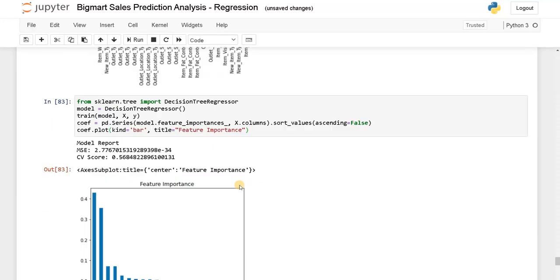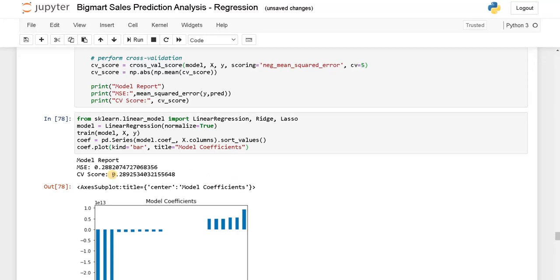So out of the 6 models we have trained, linear regression has the top performance with a cross validation score of 0.28. So here we used a basic model to train. You can also use hyperparameter tuning and grid search in order to fine tune the model more efficiently. Apart from these models, we have so many regression models out there. You can try this out as further work. The model names are CatBoost Regressor, XGBoost, LightGBM, like that. So many models are there. Just import it and use it as it is.